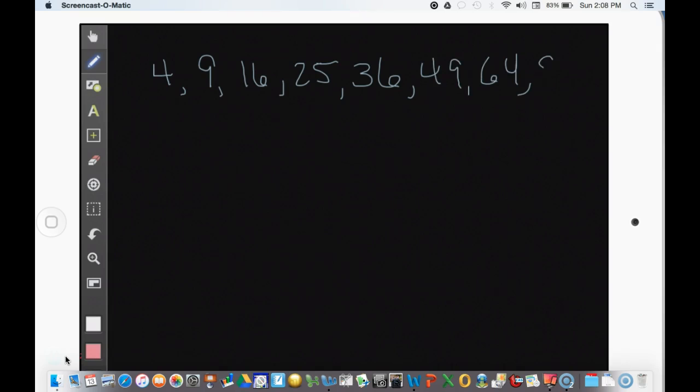Now, usually when we break down radicals, we want to be thinking of what I call the perfect squares. The perfect squares being 1 squared, we don't really need, but 2 squared, 3 squared, 4 squared, etc. 36, what do we got? 49, 8 squared, 64, 81, 100,